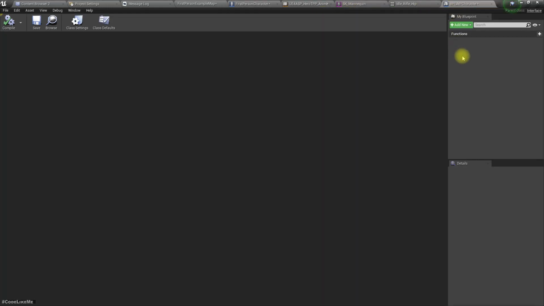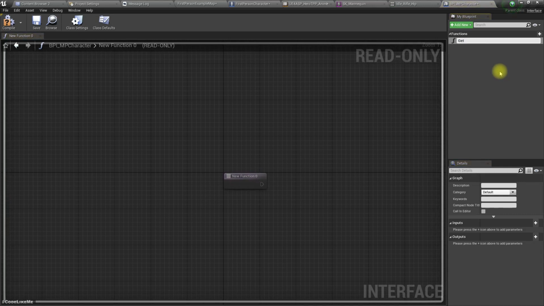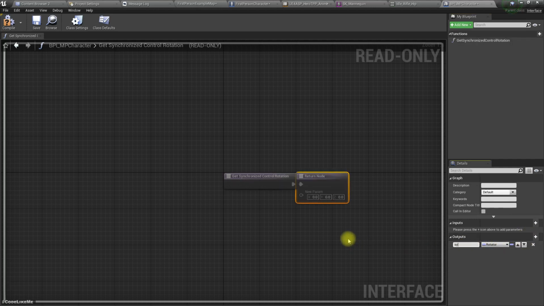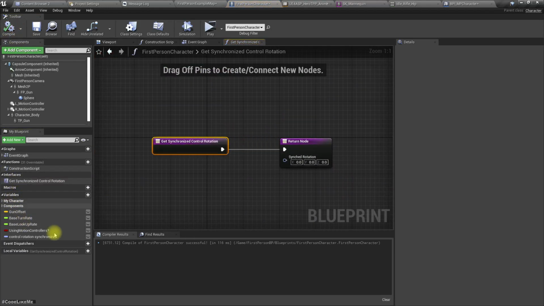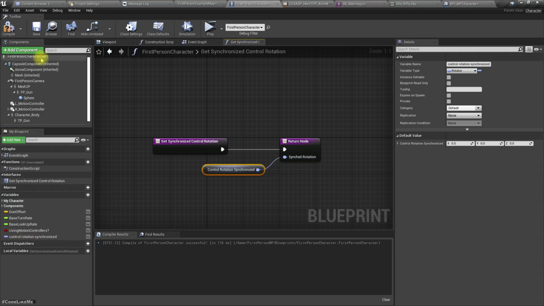Okay, now I'll rename this vector. Get synchronized control rotation. Return sync rotation. Okay, now here we have that. Okay, now I'm just simply going to return this. Okay, now here